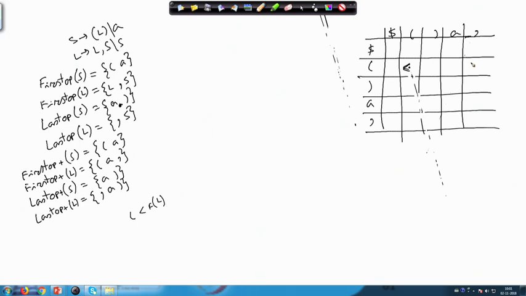So, open parenthesis is less than comma. These two are done because this is L. So, open parenthesis and a: open parenthesis should be less than a. So, the other entry is open parenthesis less than a.